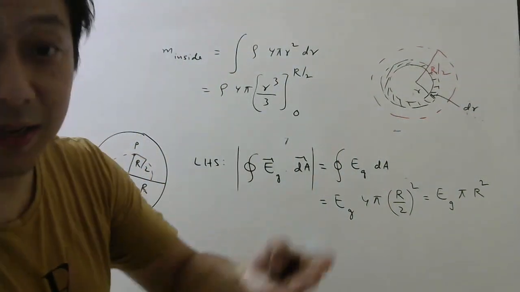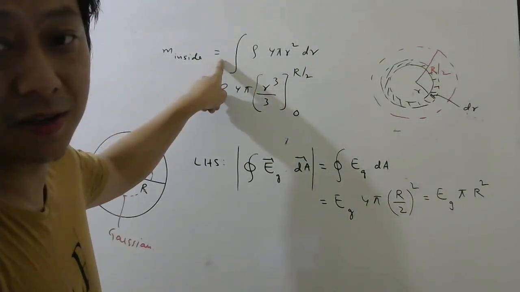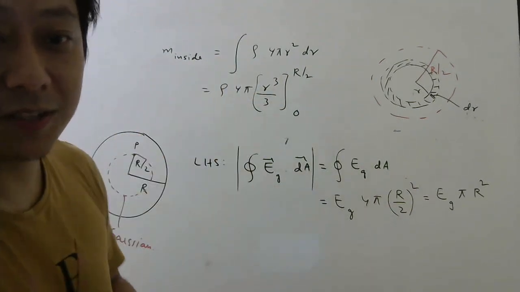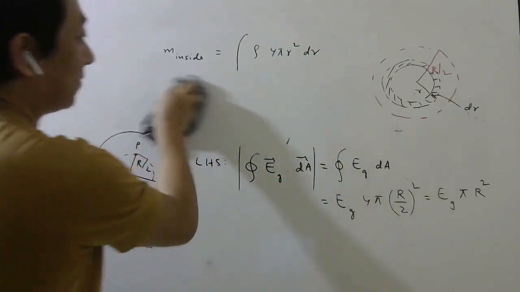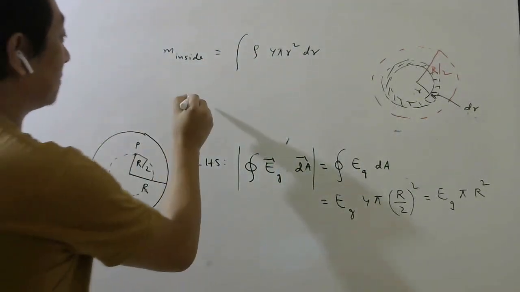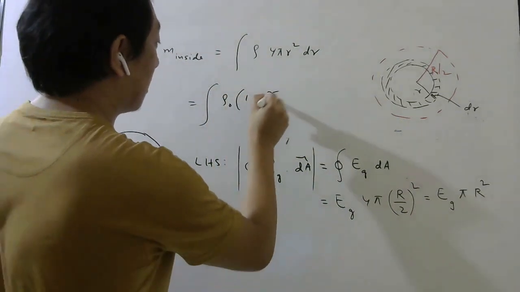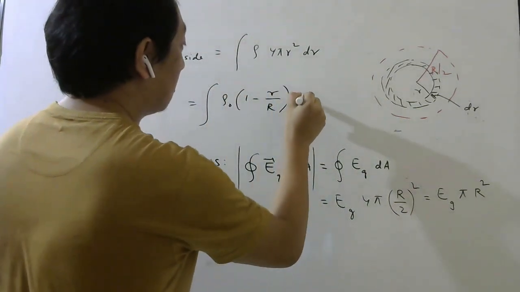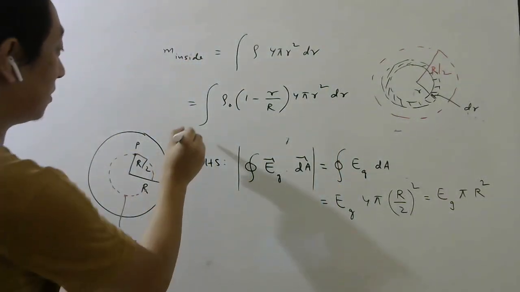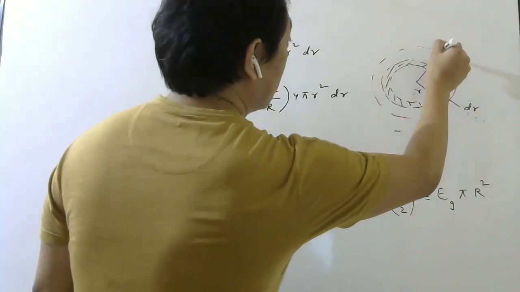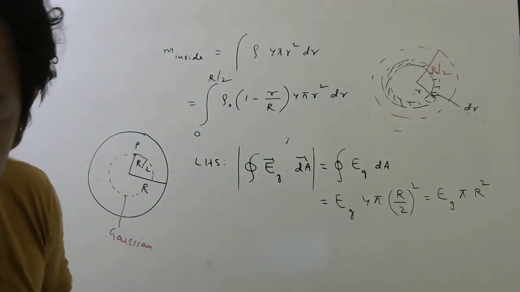But you cannot directly multiply density with volume. That can be done if density comes out, but density will come out only if it is constant. So here density is given as a function. What kind of function did they give you? Rho naught times (1 minus r by R), times 4 pi r square dr. Okay, now I want from 0 to this point which is r by 2. So this integration we have to do.